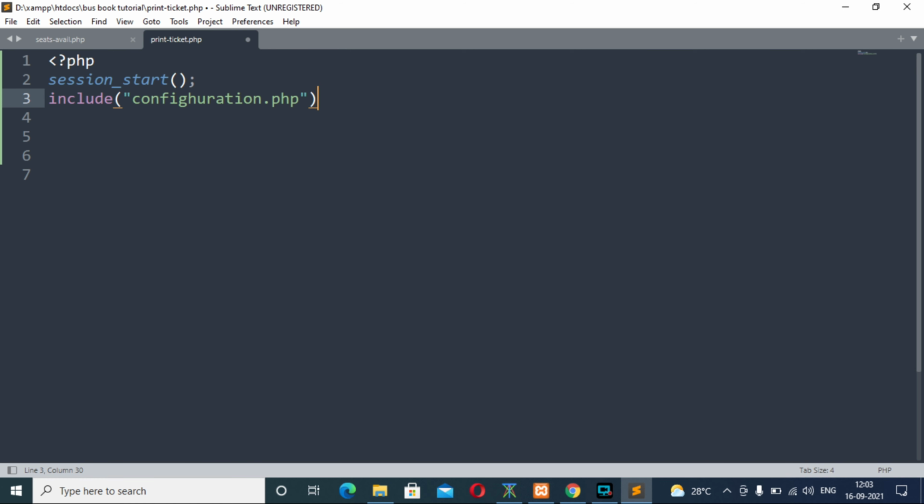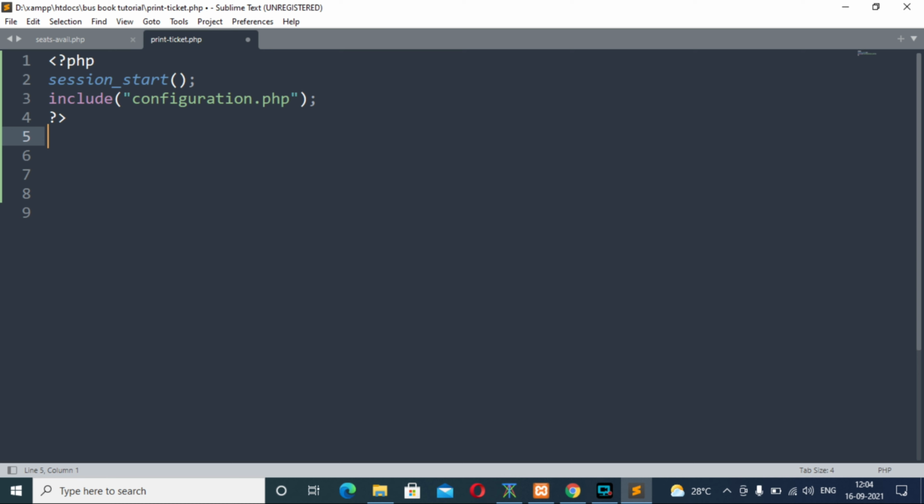This is a file in which all the information related to the database is available, so we need to add that file as well, to add that information in our current working file, so that we can communicate our project with our database using the configuration.php file.